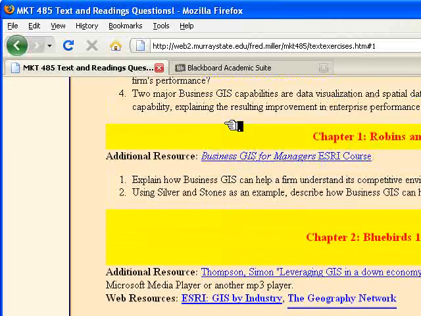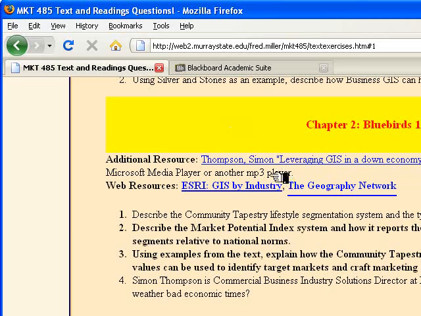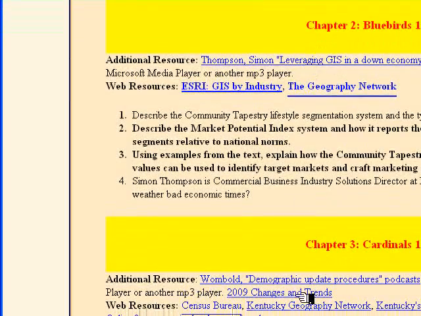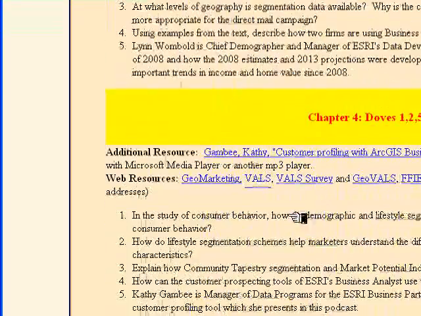Note as well that there are other types of material available for you here as additional resources, and that there are questions that cover each of those. So in this case, this is a podcast provided by ESRI from one of its managers in the commercial solutions area. And by right-clicking that and saving it and then listening to it with Media Player or another media package, you listen to the short interview with this person and you answer question number 4, if that's one to which you're assigned. We have several of those through the course of the semester,